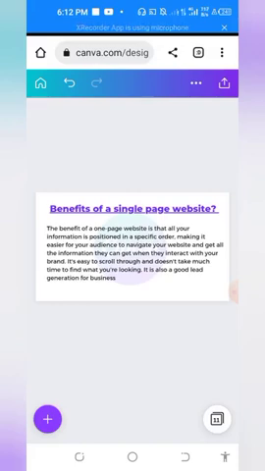It's easy to scroll through and does not take much time to find what you are looking for. With a single page website, it's always easy for someone to get information about the creator or the owner of that site, because every single detail will be there, and it is a good lead